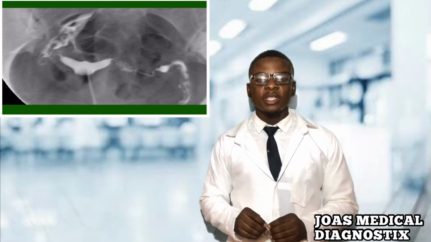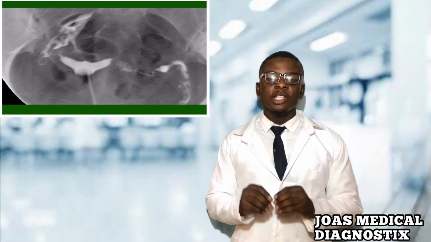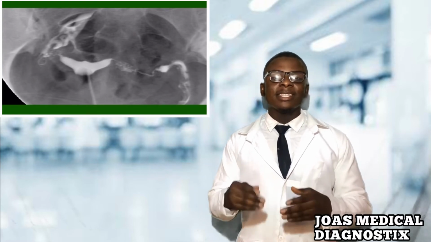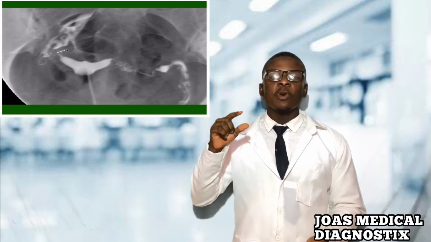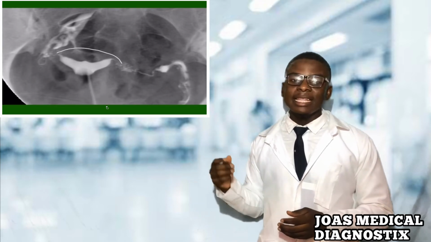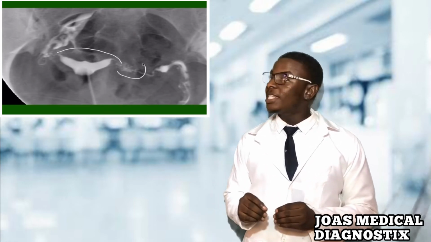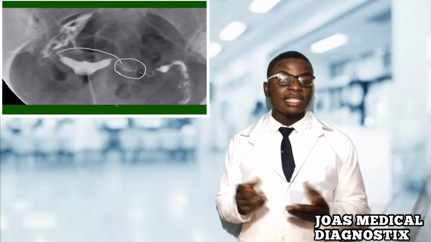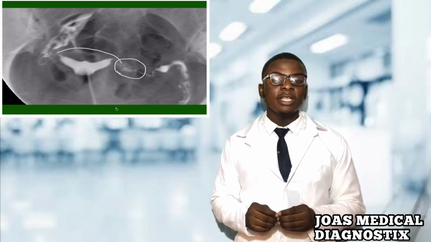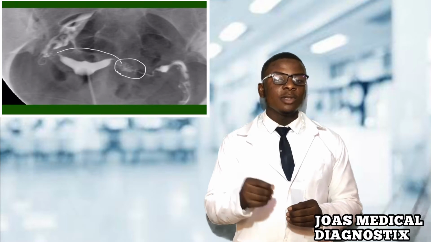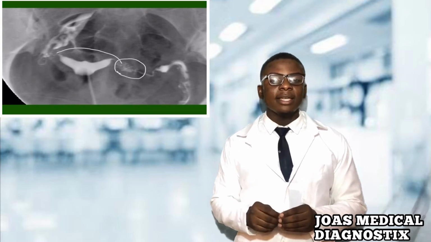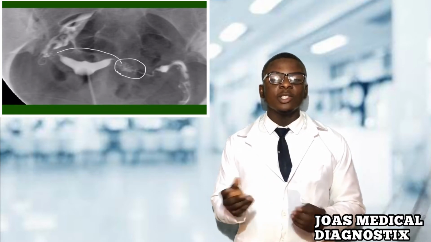Here is another normal HSG. You can see that the dye has spilled from both fallopian tubes. There are two findings on this HSG that are interesting to look at. The first is the top of the uterus. It has a slightly different shape than we have seen before, but this will be considered a normal variant. Second, we see an area in the isthmic portion. That's a sign of a condition called salpingitis isthmica nodosa or SIN